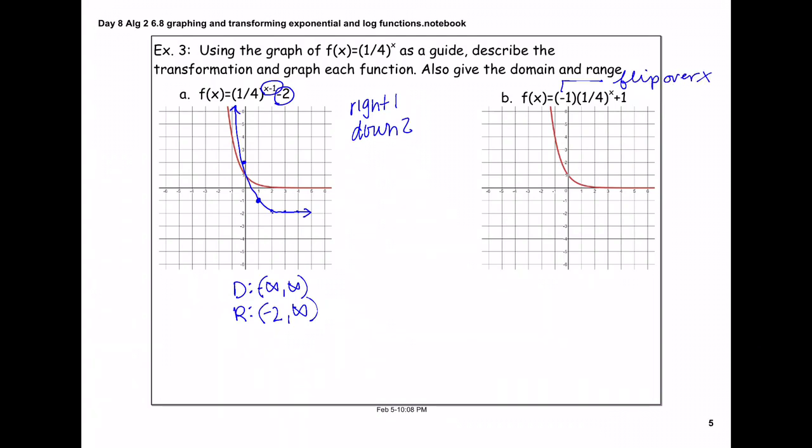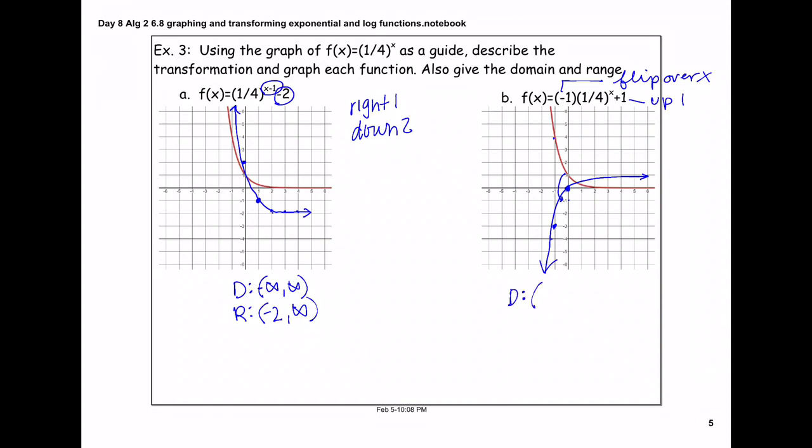So it's a reflection. And then our 1 here is going to move it up 1. So if I flip this point over my x and go up 1, my graph's going to be here. The point -1, 4, if I flip it over my x-axis, move it up 1, we can see that our graph's approaching